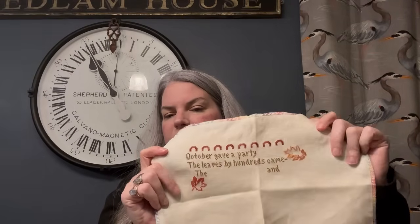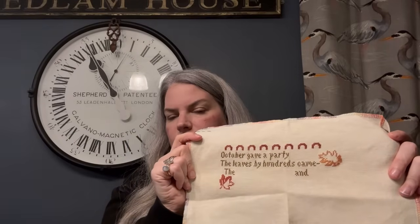So I only had October Gave a Party, and then I think the leaves was about all I had, and a few of these sort of bits at the top. So I've added some more of those, put a couple of leaves in, and a bit more of the wording. I think I am going to add a couple of different colours as well, because the